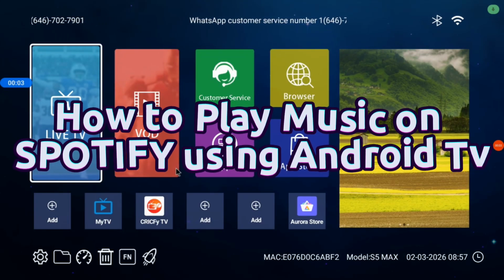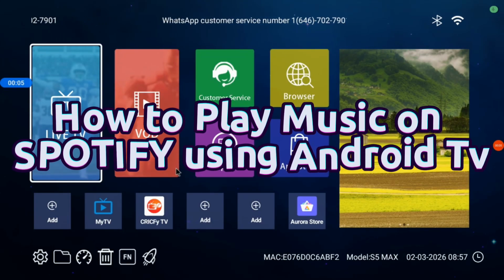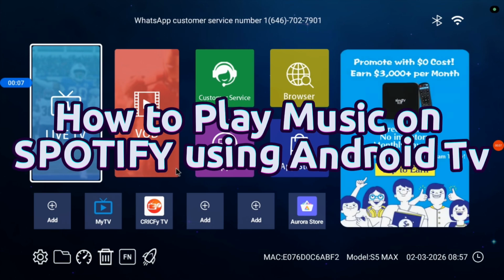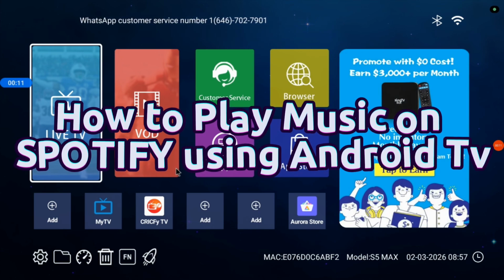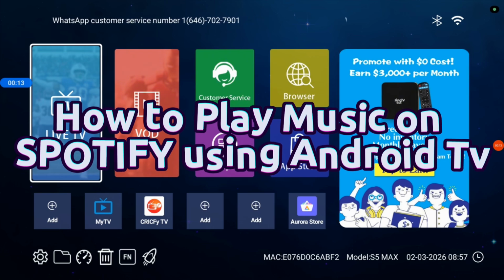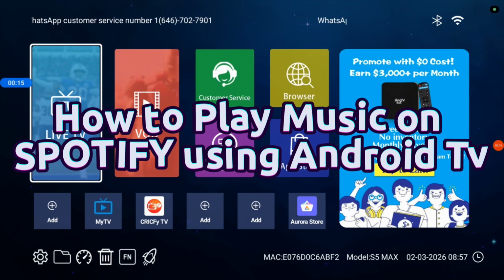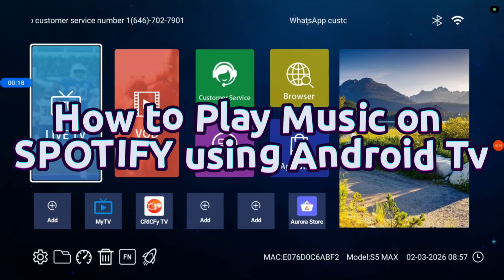In this tutorial, I'll show you how to play music using your Android TV using the Spotify app. So if you have the Spotify app on your Android TV, head over to the application. If you do not have the application yet, check out the videos on this channel showing you how to download